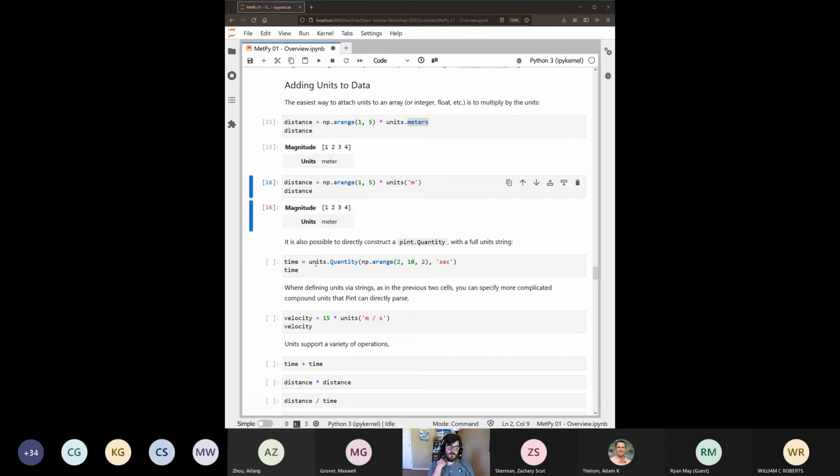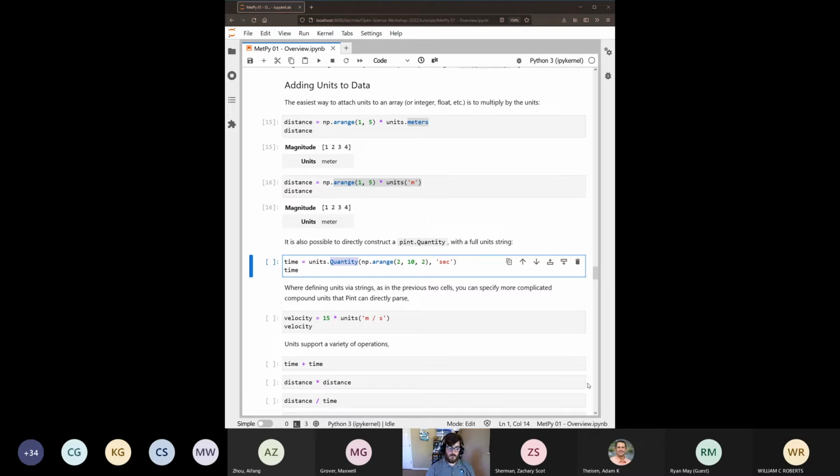Sometimes, as you dive into using MetPy regularly, we have some clarification on this in our documentation, a sort of guide for users that I can point people to. But sometimes it's necessary to explicitly define these quantities instead of multiplying by the units, as you've seen above. Usually that's just a hang-up on data structures in the space. Say, if you rely on NumPy masked arrays very regularly for your work, they don't play kindly with this sort of multiplication structure. So sometimes it's safer, or even the slightest bit faster, to define your quantities explicitly with this